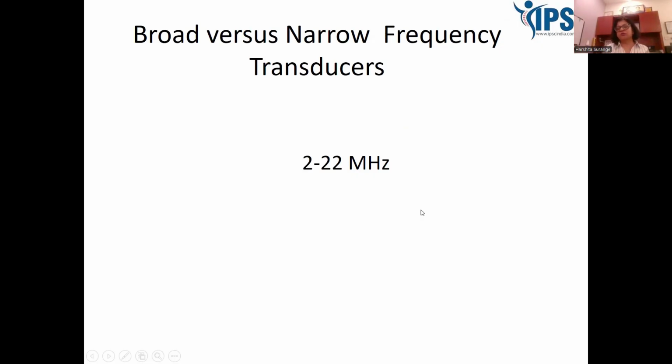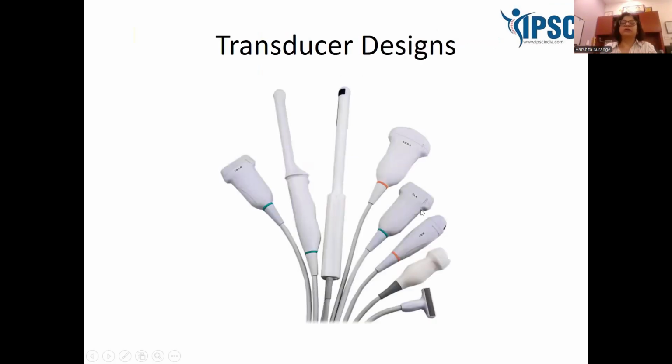That is, you don't need to switch the probe again and again. But again, I always recommend that you should not place all your eggs in a single basket, because if you have a single probe of 2 to 22 megahertz and there is a breakdown, then you lose on everything. So it's always advisable to have 2 to 3 probes so that you can keep shifting from one probe to another. It does cause a little discomfort, but is a much more effective way in the longer term.